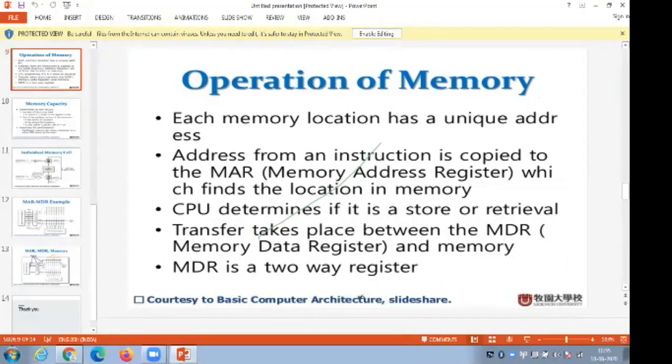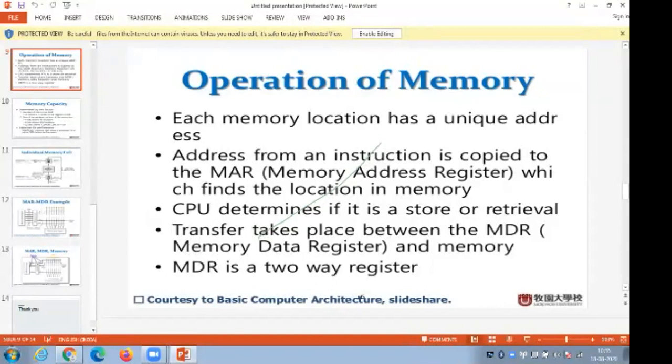So in the memory we have MAR, which is nothing but an address register, which finds the location. When we ask for anything to be executed, first it goes to the address register and it finds the location. Like when we are using a system, we go into the documents. First we go where it is located, meaning we store it where it is located. Now, when I ask you, can you find this file for me? You go to the documents, department, or different status, where the entire path shown in the toolbar, where it is located, is called an address, which is stored in a memory address register, which finds the location in the memory.